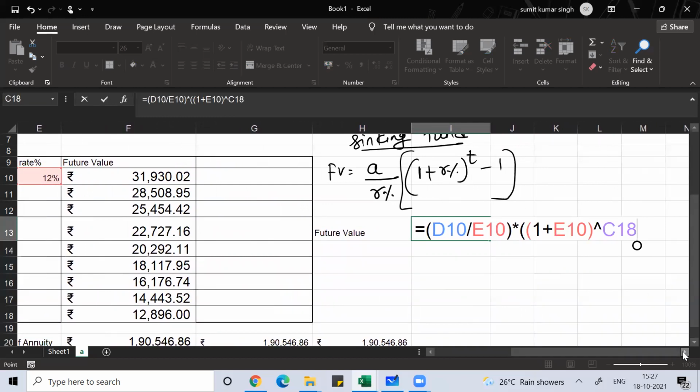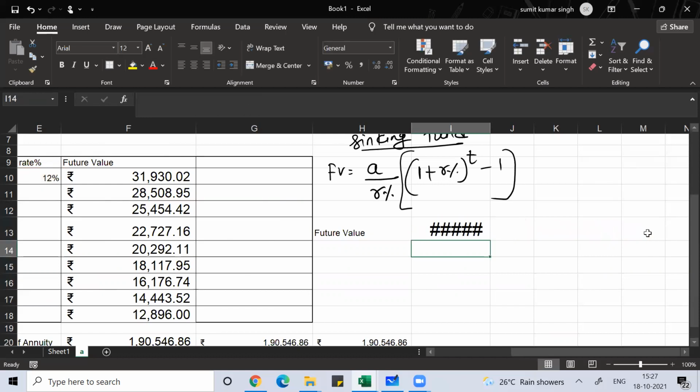Can you see that? Now close the second bracket. So you can see 1 plus R percent to the power T. Here open one more bracket, minus 1. Close the bracket which you opened, and then press enter.